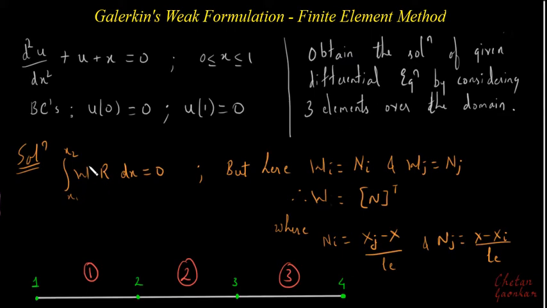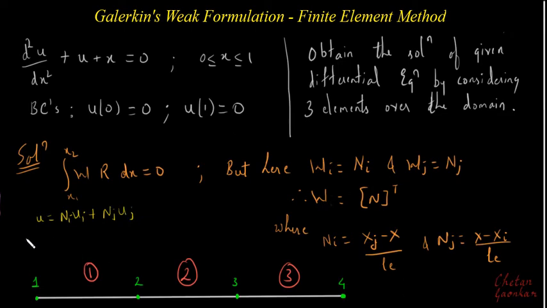So we know that Galerkin's weak formulation is the integral of the weighting function multiplied by the residual over the domain, which must be equal to 0. And we know that the weighting function is nothing but the partial derivative of the displacement trial function with respect to the unknown parameter. In case of finite element method, our displacement model will be u equal to n1 u1 plus n2 u2, or ni ui plus nj uj,